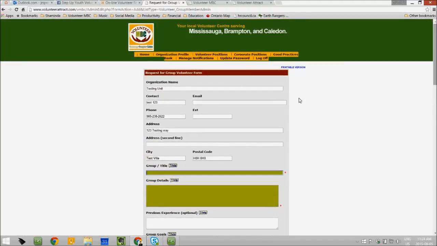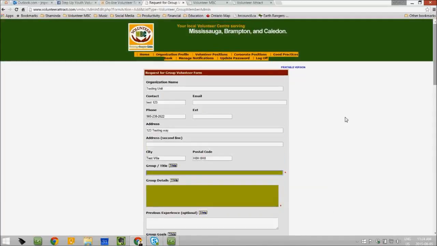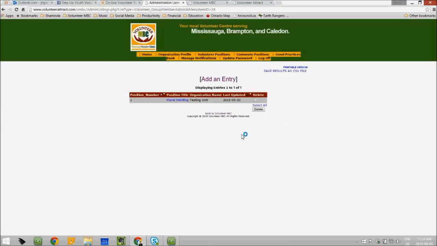Now, once you click add and you submit a corporate volunteer position, that does not mean that it gets blasted out or distributed amongst our corporate clients. This gets stored in our database for us to review, so that when corporate clients contact us, especially Ebony, she will be able to see who is offering volunteer opportunities for groups to be engaged.